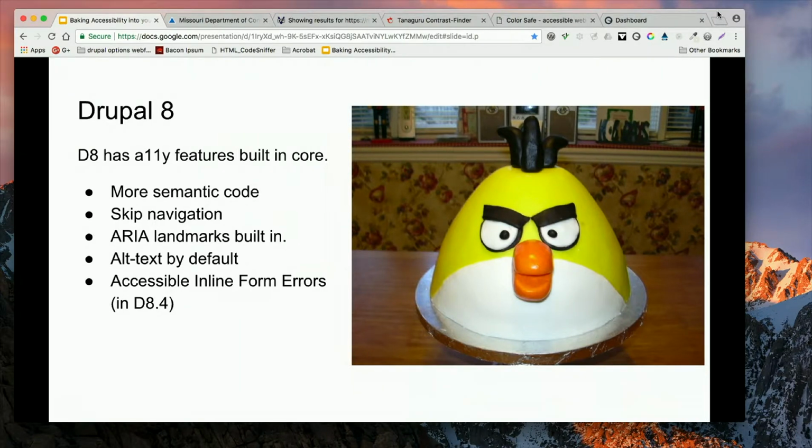Alt text is turned on by default, so if you try to put an image in, it's going to tell you, give us some alt text. Yay. And then coming in Drupal 8.4, possibly 8.5, but I think it's in the release candidate for 8.4, accessible inline form errors. So if you make a mistake on a form, it's going to give meaningful error messages to